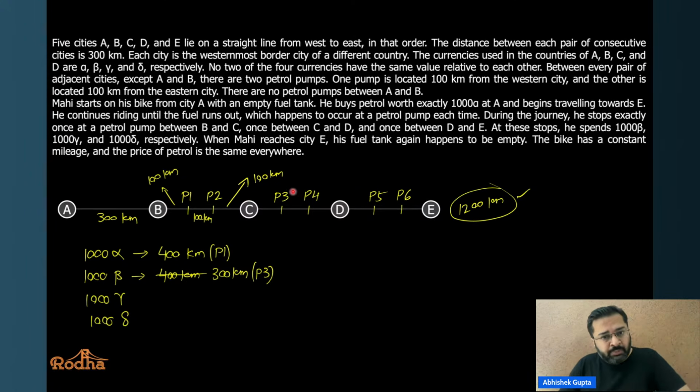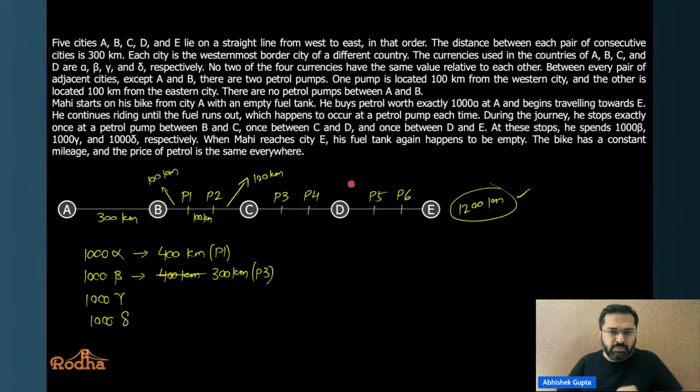So the other option is that after P1, he must have stopped at P3. Now, how much is this? This is 300. So this is fine. That's what I've written. This is P1, first stop, P3, second stop. This is all good. After P3, क्या होगा? He has to stop either at P5 or P6. If he stops at P5, then this is 300. So ये 300 repeat हो जाएगा and beta would be equal to gamma in value.